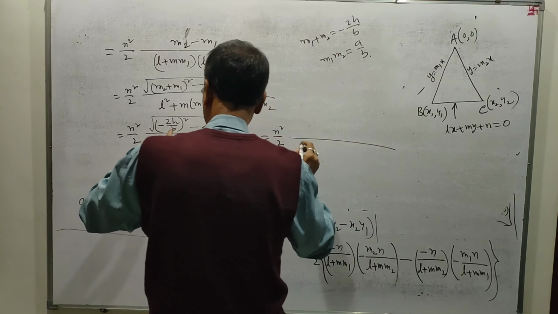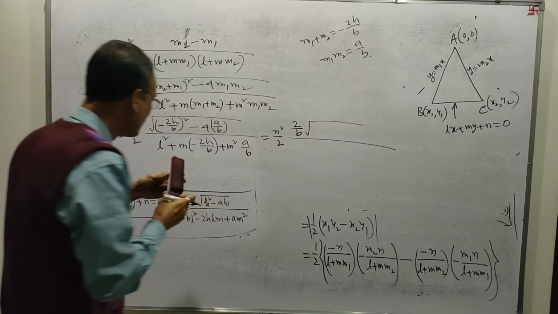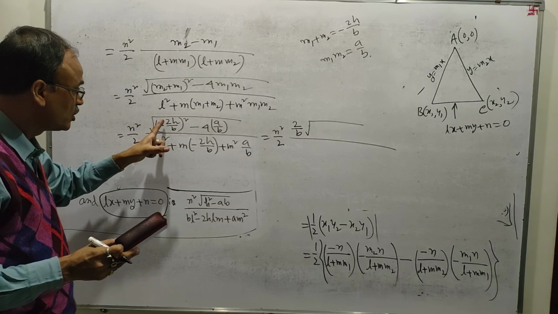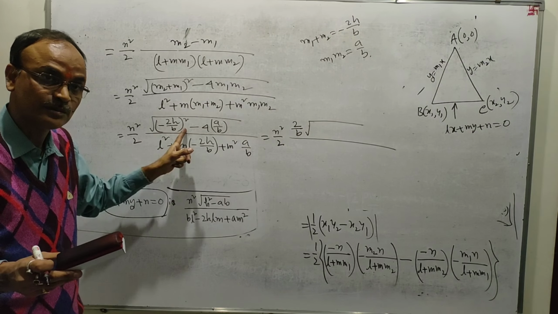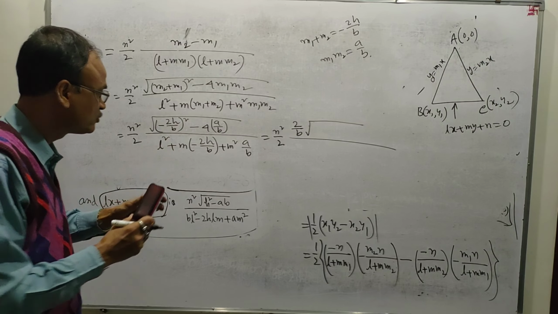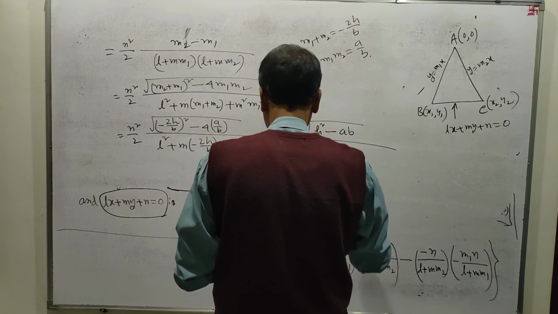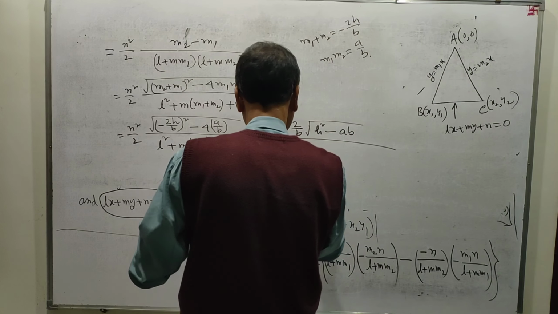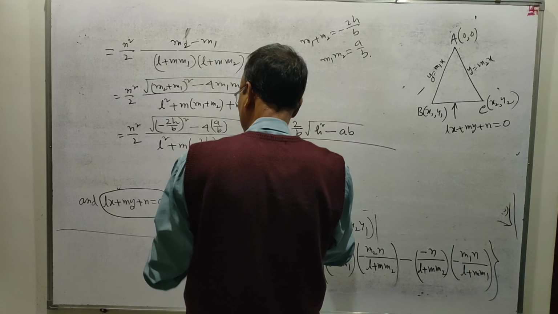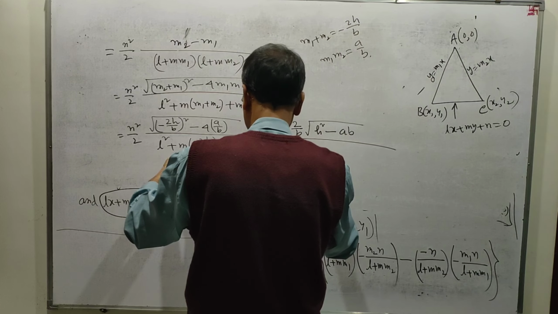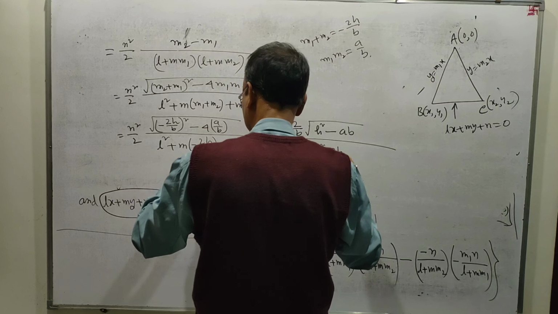This is equal to m square by 2. In the numerator, take 2 divided by b common, which means 4 divided by b square. Under root, it means 2 by b, and it will be h square minus a into b. And in the denominator, take 1 by b common. You will get b l square minus twice h